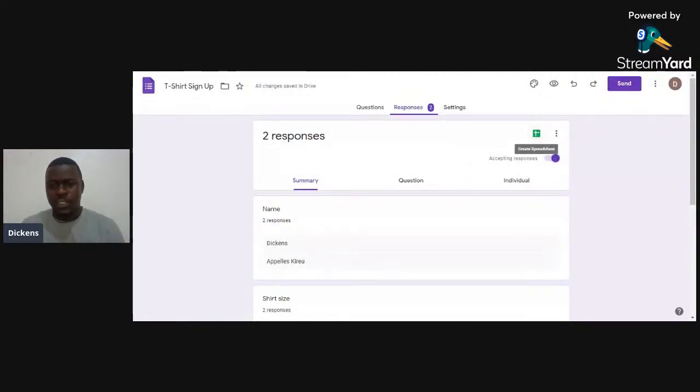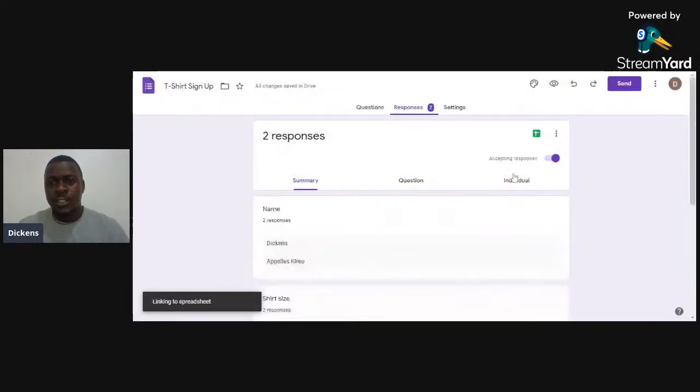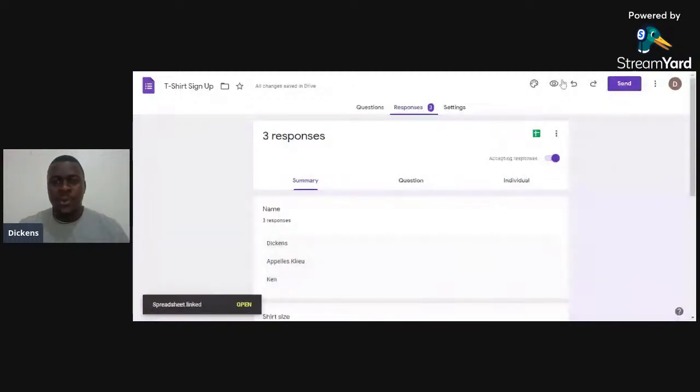We have 2 responses, and on the top right of this particular form, there's a create a spreadsheet. There's a green feature there. So just go and press on that. Then you create a new spreadsheet, right? New spreadsheet. So this is the spreadsheet that we are three now. The spreadsheet that has been created is this one.